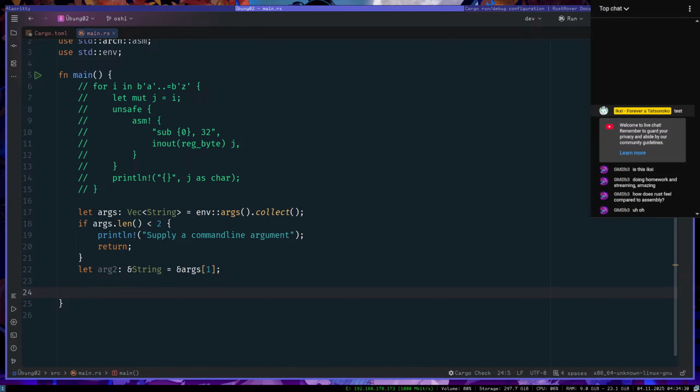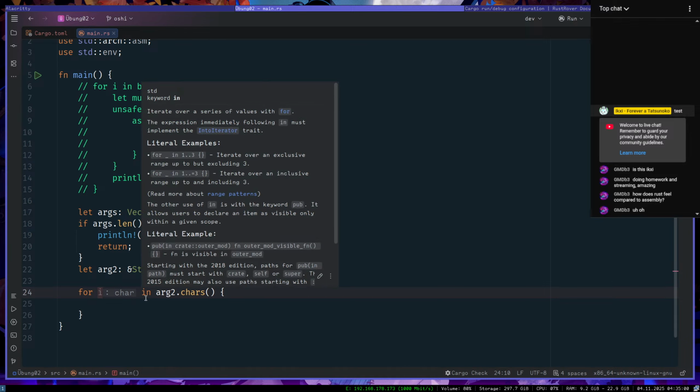Okay, question is, how would I want to do this now? There's several ways I think I could do this. I could either just loop over it. For i in arg2.chars. Oh, for i in, yeah.